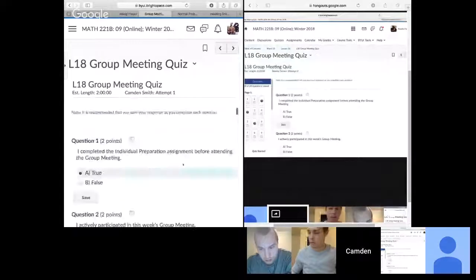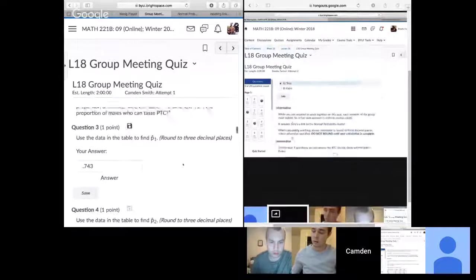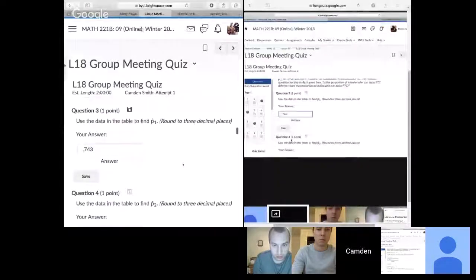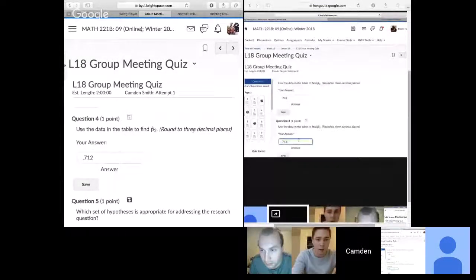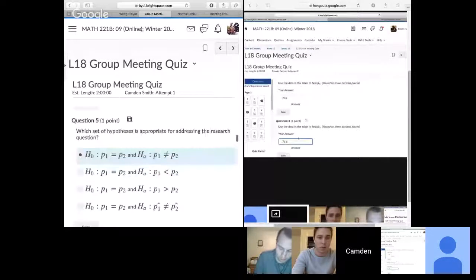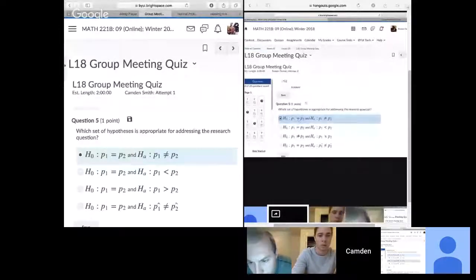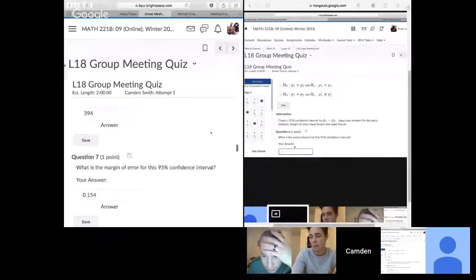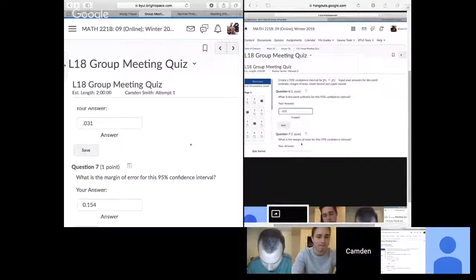Plus the upper bound. All right, give me one second to get there. 3 is 0.743. Yep. All right, 4 is 0.712. Thank you, David. Guys, do you want to double check me on these? Every answer that we did was correct except for the one on the point estimate. So 6 is the one we got wrong. It's 0.031 is what I'm getting, because you do the lower bound plus the upper bound divided by 2. Okay, cool. Thank you, Anna.